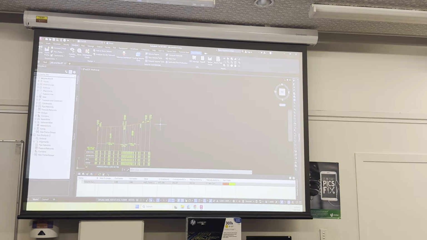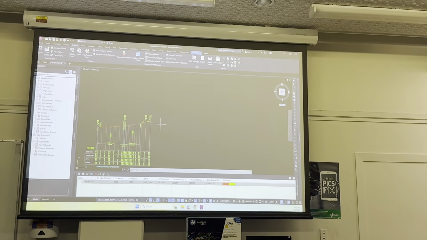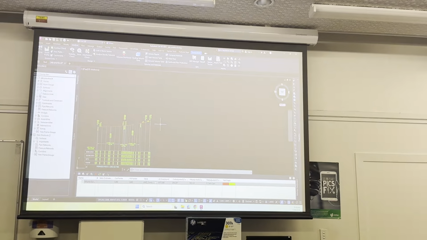Is anyone's cut and fill volumes not changing? Your one's not changing? That means that you might have switched around your base or comparison surface. So that means you have to change